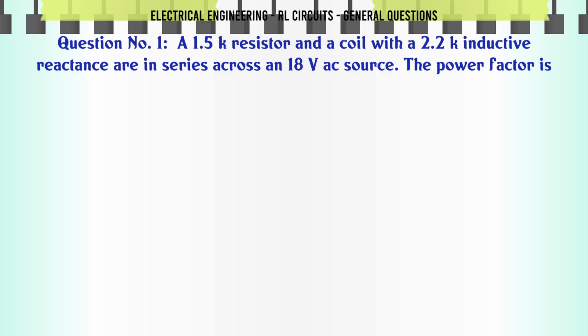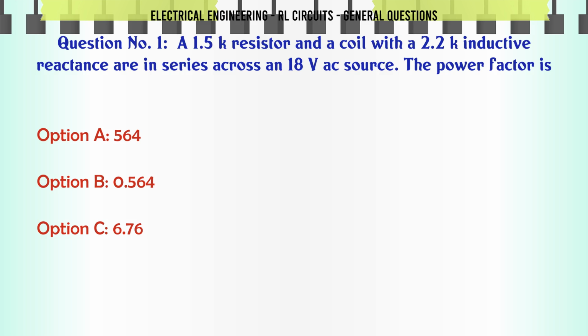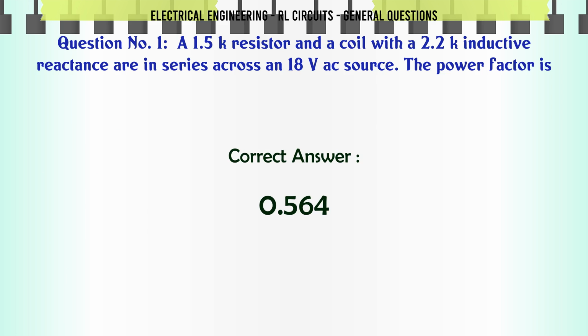A 1.5K resistor and a coil with a 2.2K inductive reactance are in series across an 18V AC source. The power factor is A. 564, B. 0.564, C. 6.76, D. 55.7. The correct answer is